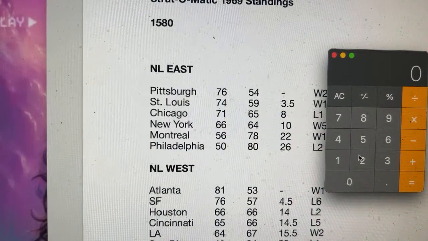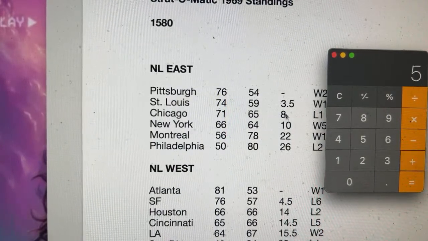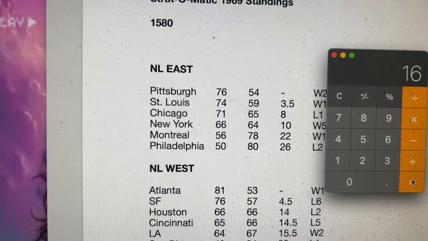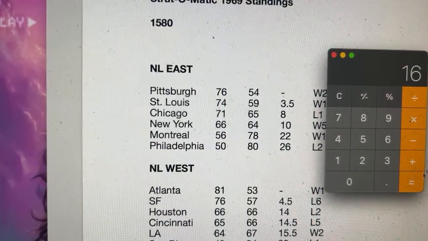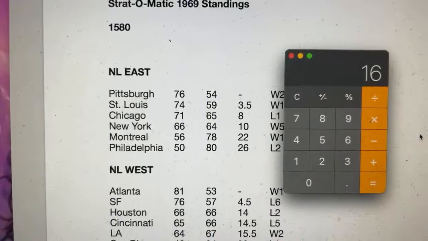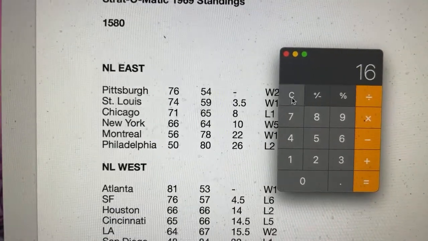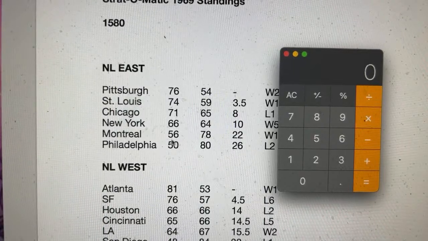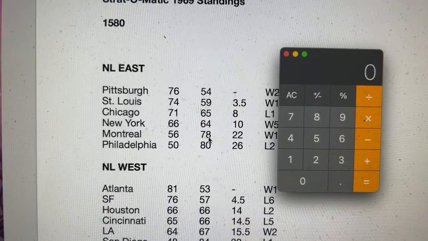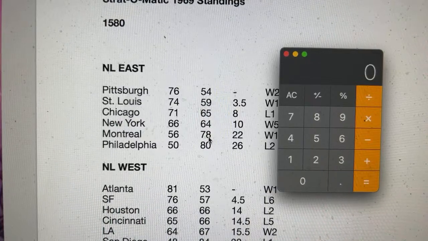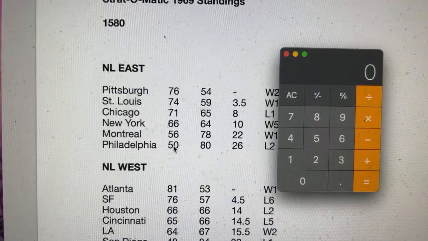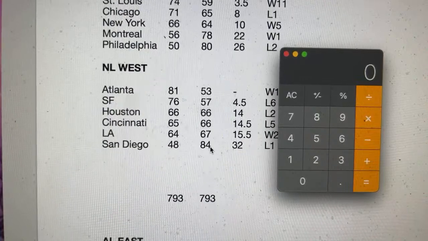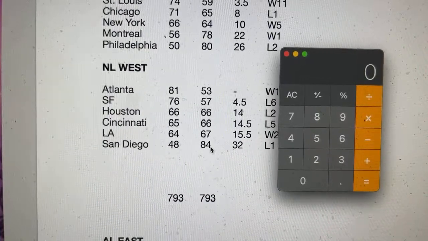Let me add it. 71, that's 5. Plus 54, 64, 65. Oh, it's 16. Okay, so that's going to be 8. 10, 20, 10 games. 20, 44, it's 22. 26, 26. It takes a little time, but it's worth it. You don't want any surprises.